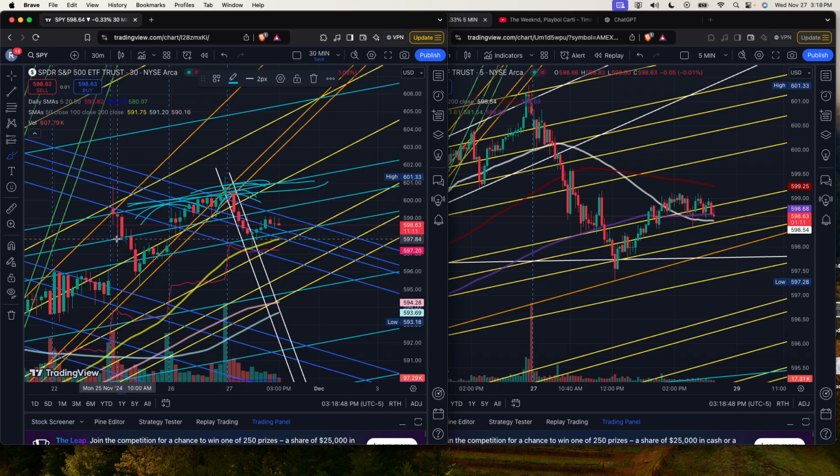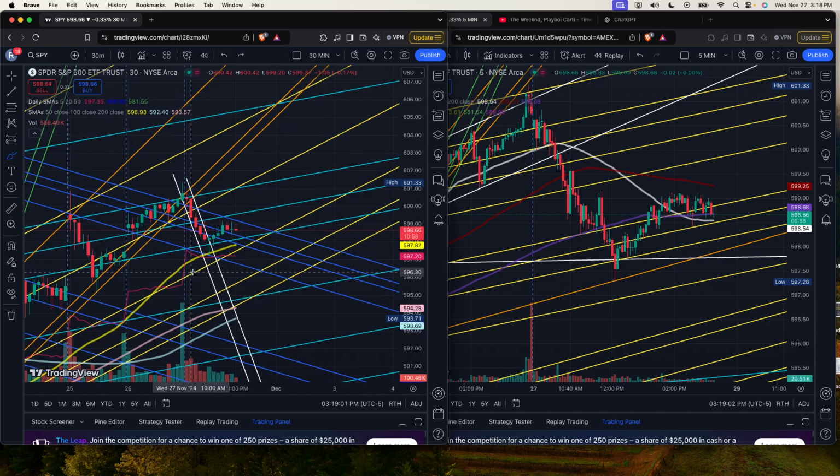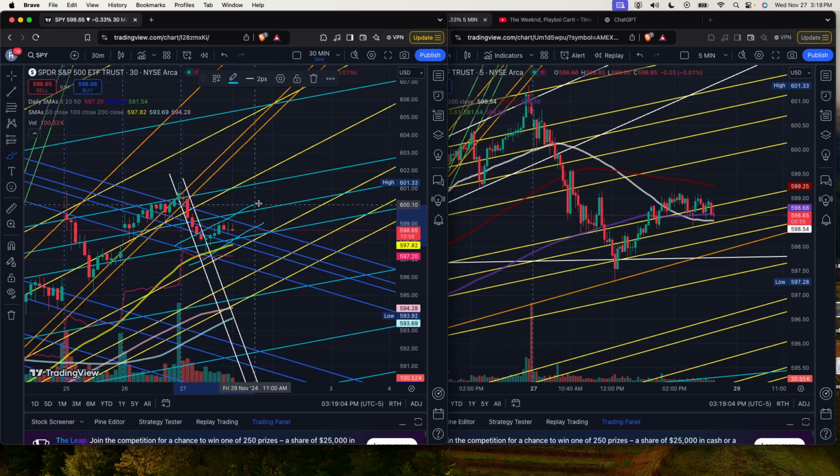And again, the goal was to close this inverse cup, right? And that 5 day was the target. So if you paid attention to yesterday's video, I outlined all of it. And after the inverse cup closes, of course, there's always going to be a handle, but due to the circumstances today, you have to understand that